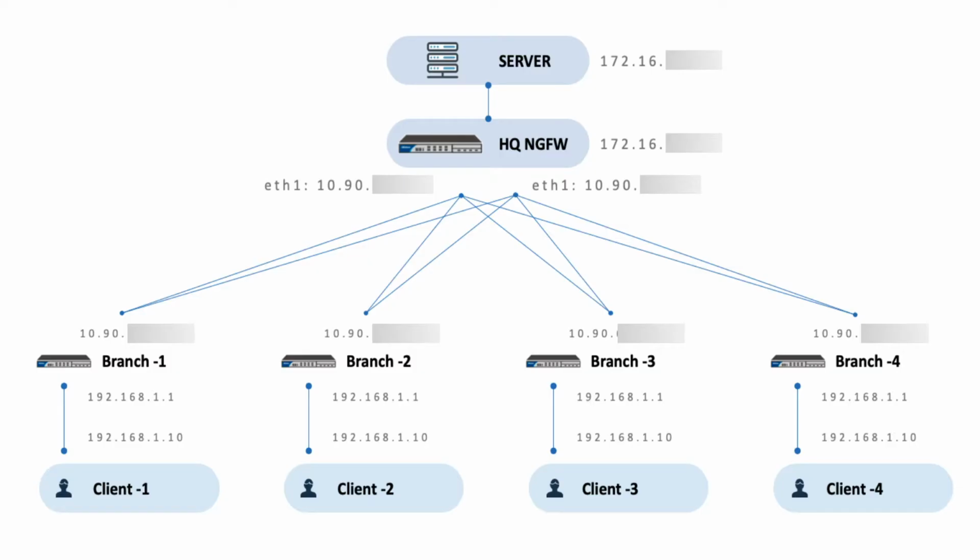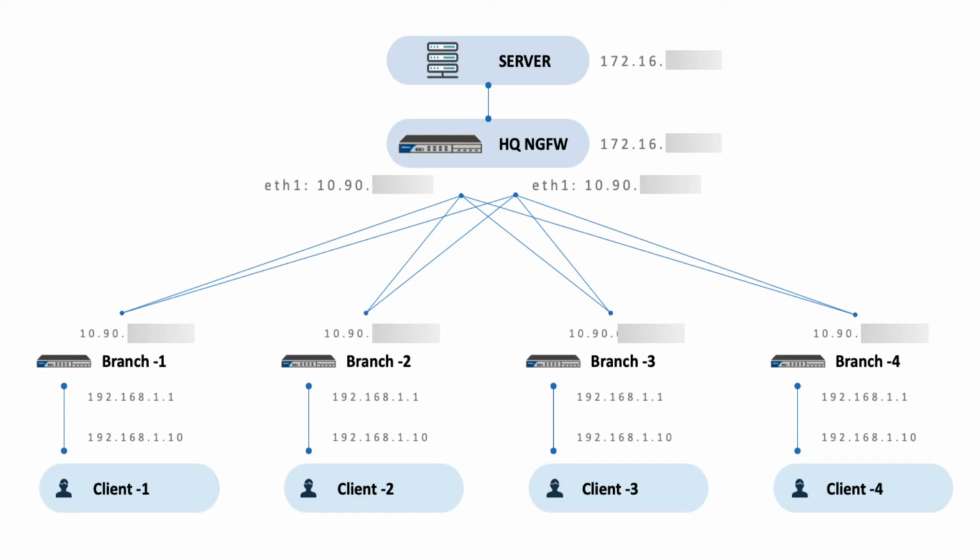This video is going to demonstrate how to set up an SD-WAN network for the clients in each branch, to securely access the server in the headquarters via VPN connection. In this demo, there are 4 branches connected to the headquarters. The firewall device in the headquarters is deployed as single hub with 2 interfaces, and it is already registered in the HSM, the Hillstone Security Management System, which will be the centralized controller in the SD-WAN networking.